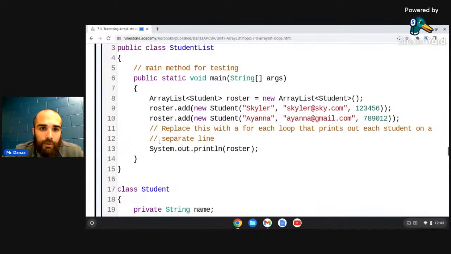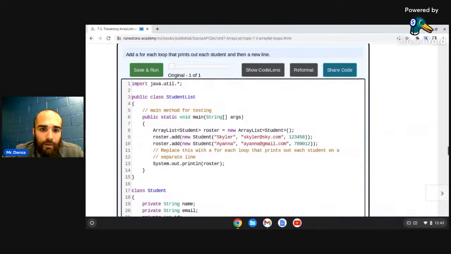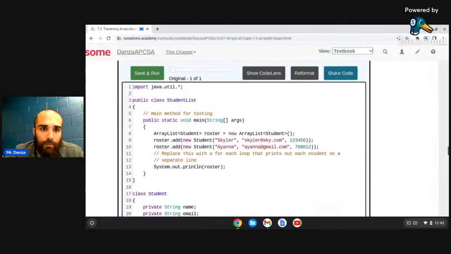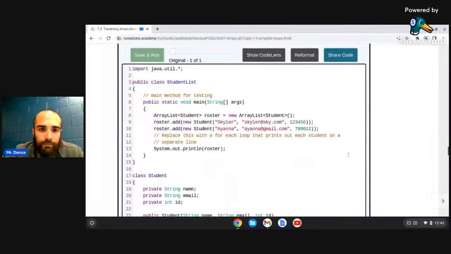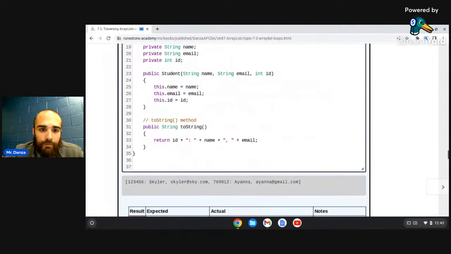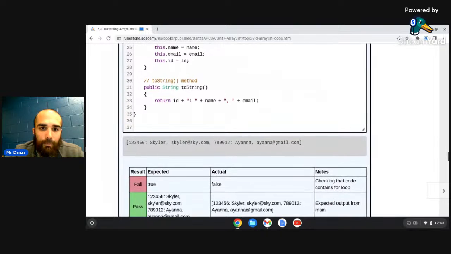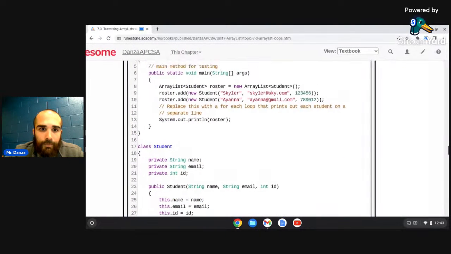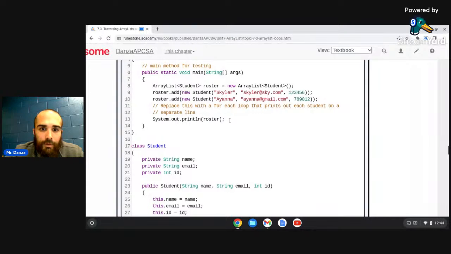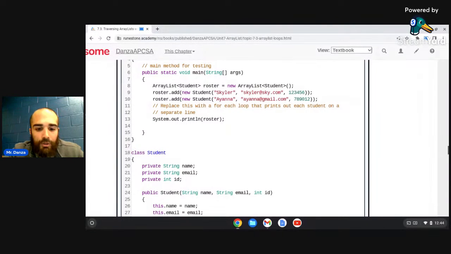Okay, so originally, if I were just to print this out, it doesn't actually print it on a separate line. So what we need to do is write a for each loop. So I will comment that out, and I'll say for, and what are we passing? We'll say for string